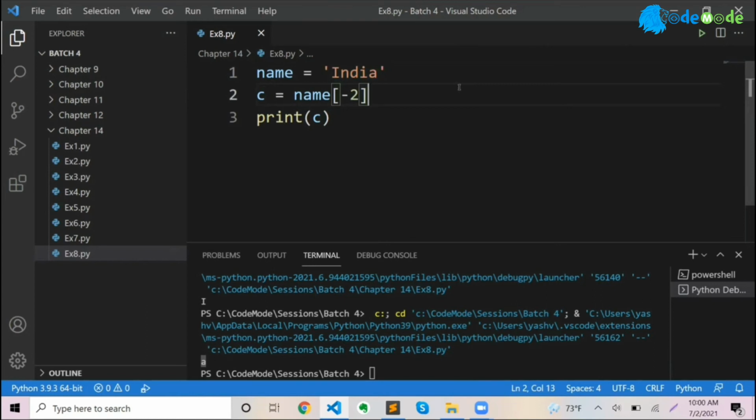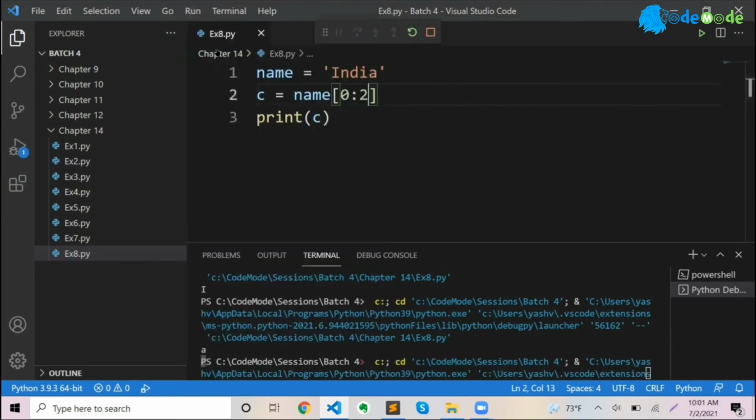Okay. Suppose I want to find two characters together, or start with 1 and go up to 3. Remember I was telling you, if I want to find the first character of your last name, you take the last name and simply pass 0. This will give you the letter I. But how about if I want to find the code for India, IND? Suppose this is the code. I want to take the first 3 characters. Then how do you do it? You start with 0, give a colon, and say 2. So 0, 1, and 2. It will print only IN, and I'll tell you why.